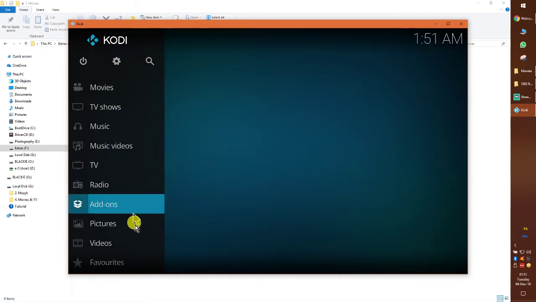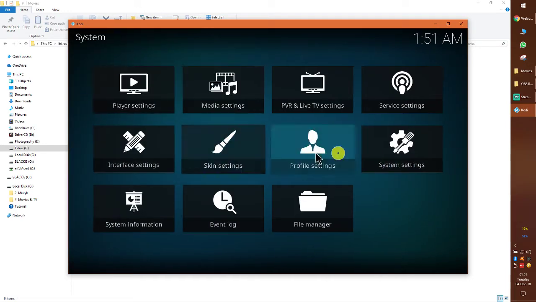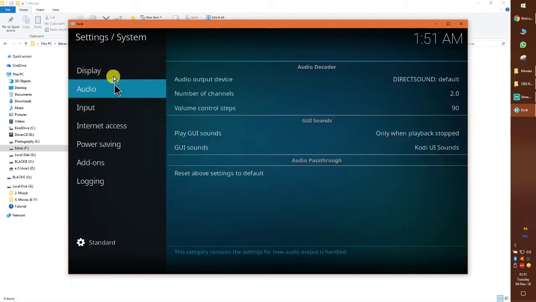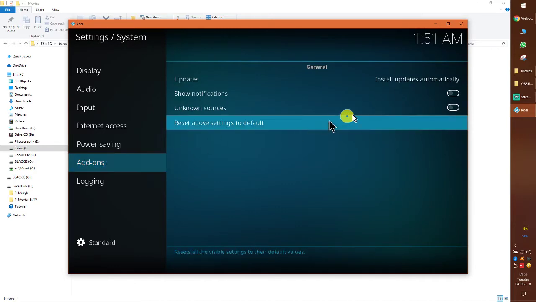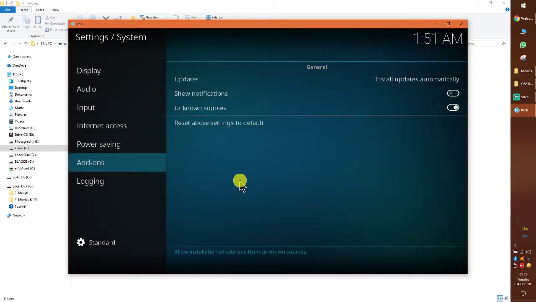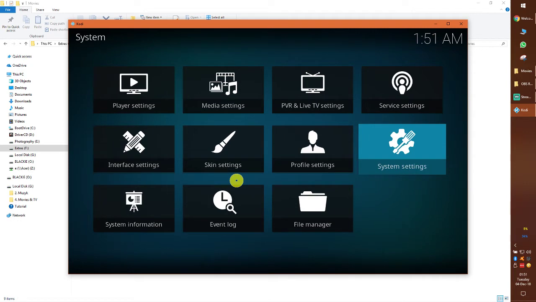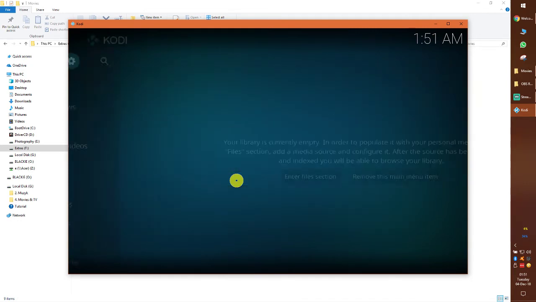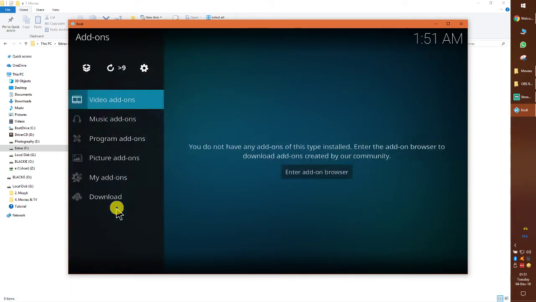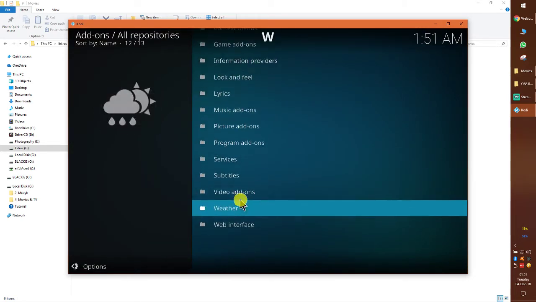So let's go to settings, go to system settings, add-ons, and check mark unknown sources. This is just a precaution in case there are some add-ons which are not from the Kodi repository. Now let's go to add-ons, download, go to